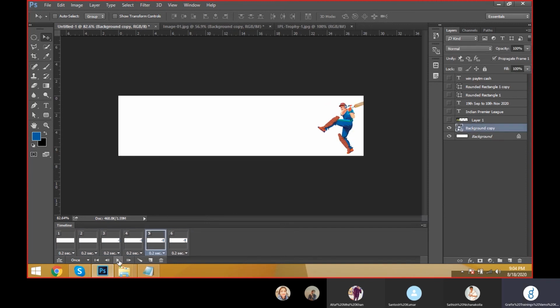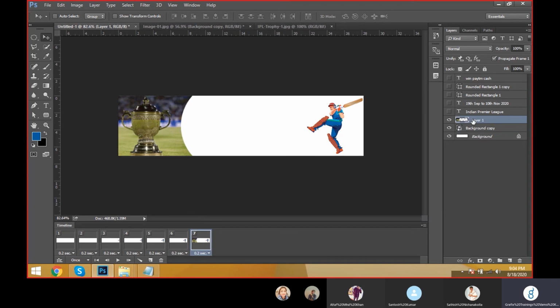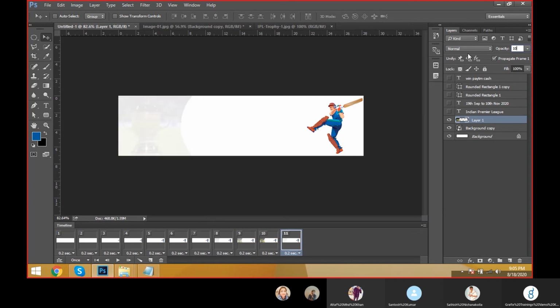In this frame it is visible. Good. And what about the next frame? For the next frame, again I'm taking one more layer, and the next frame will be this one. Here the position has changed, and the opacity is changing, completely down. Okay, and in the next layer the opacity is coming up, 15%. In the next layer the opacity is 50%, and the next layer it is 75%, and the next layer it is 100%.